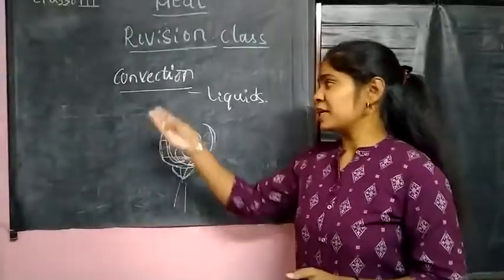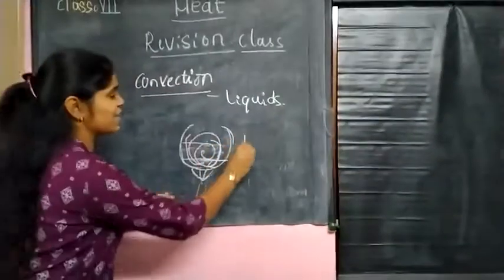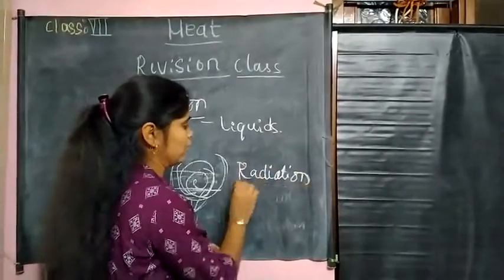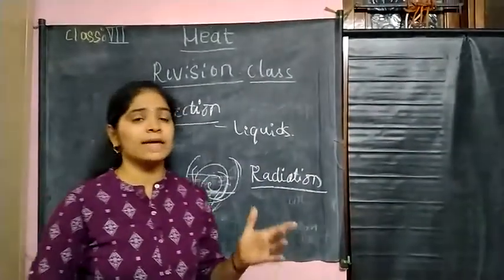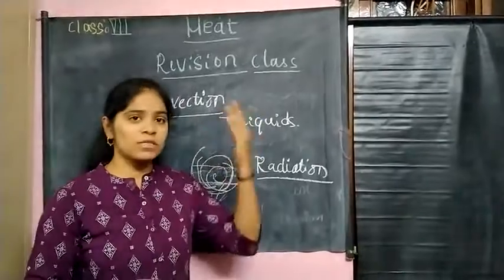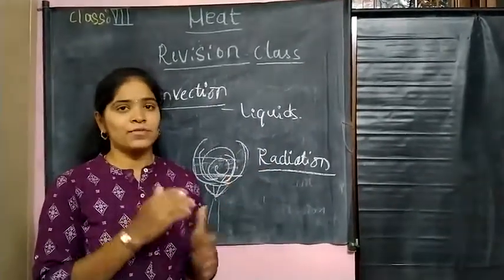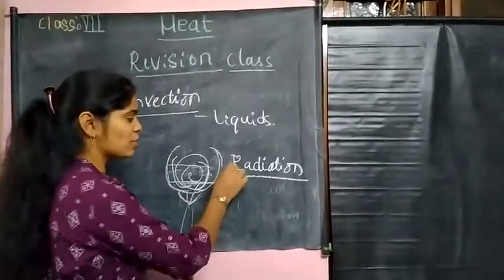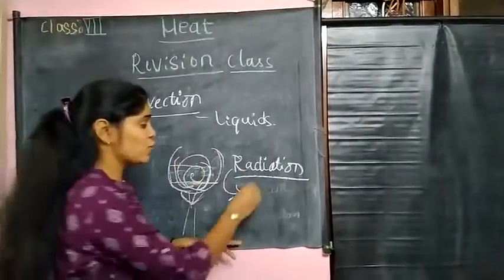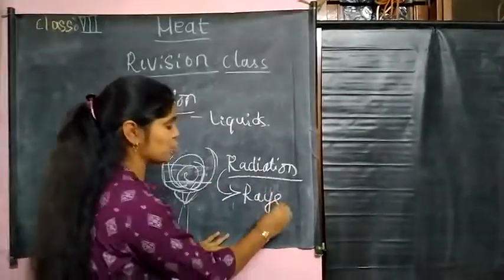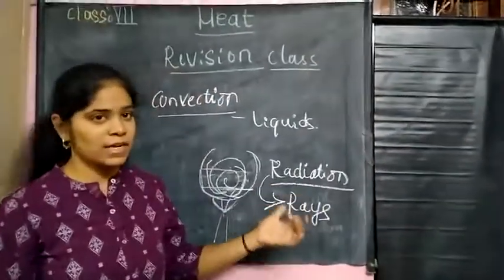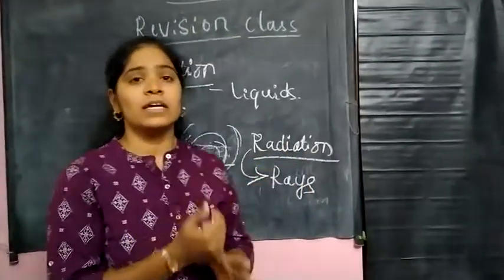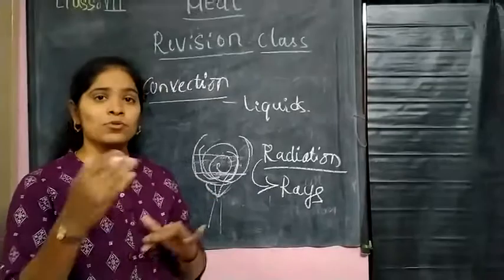So the radiation is mainly takes place by the sun. It means from the sun the heat comes and it is transferred to all the surroundings, or to the environment. So that process we call radiation. Okay. So rays are transferred to the surroundings. That is called radiation. So from the sun rays, the heat is transferred in two